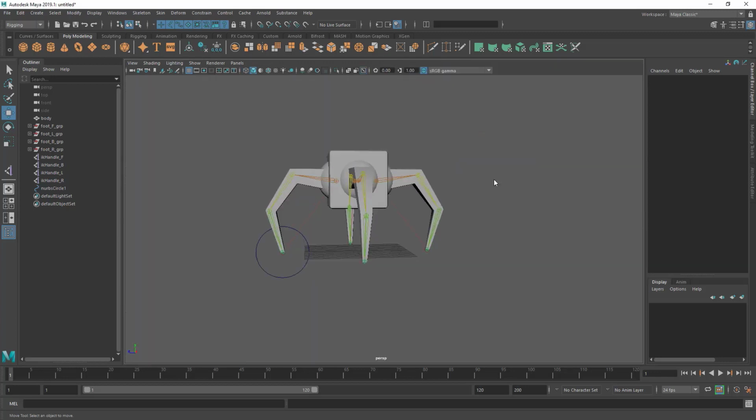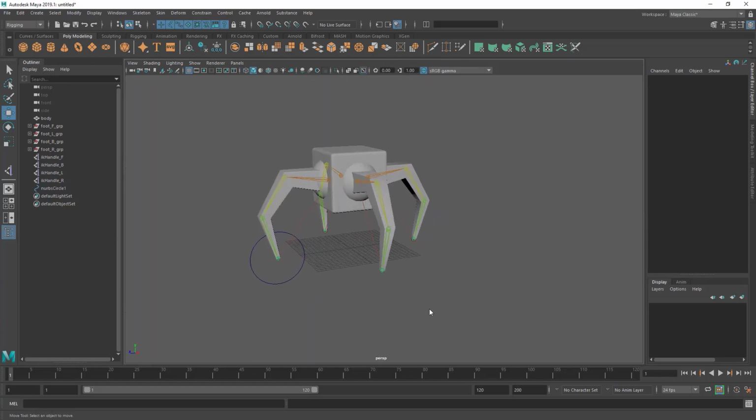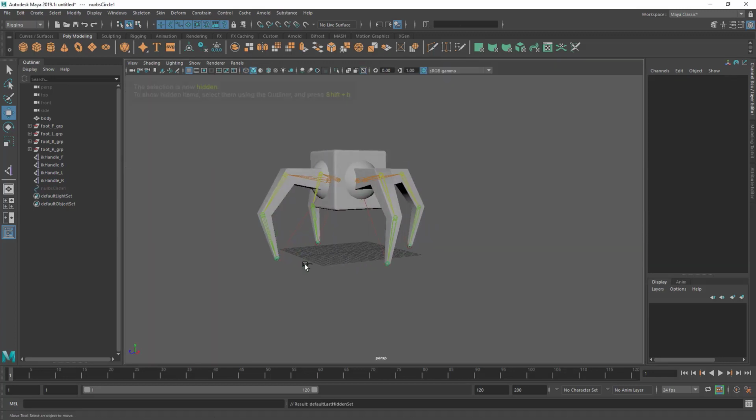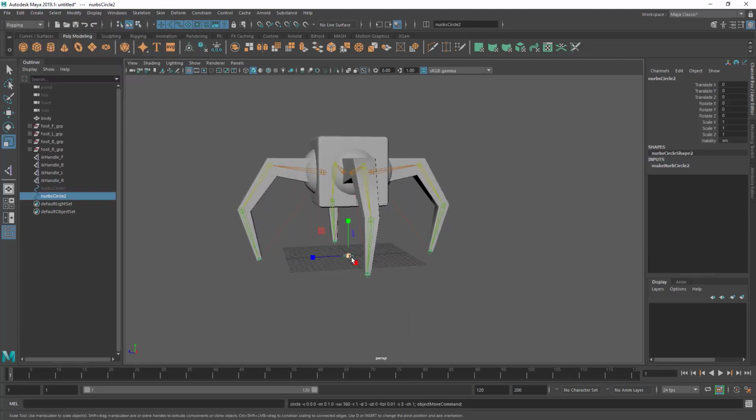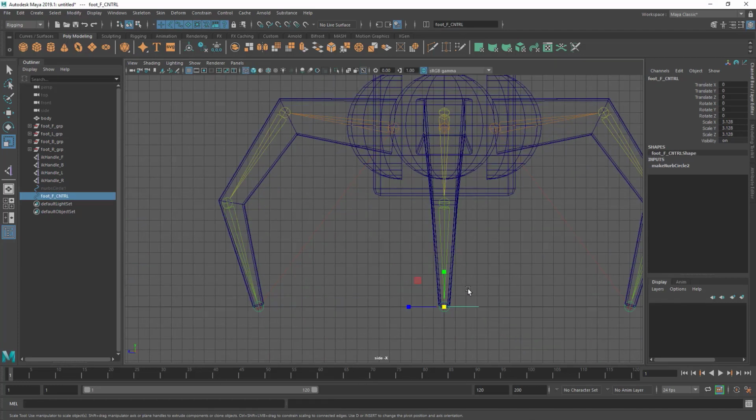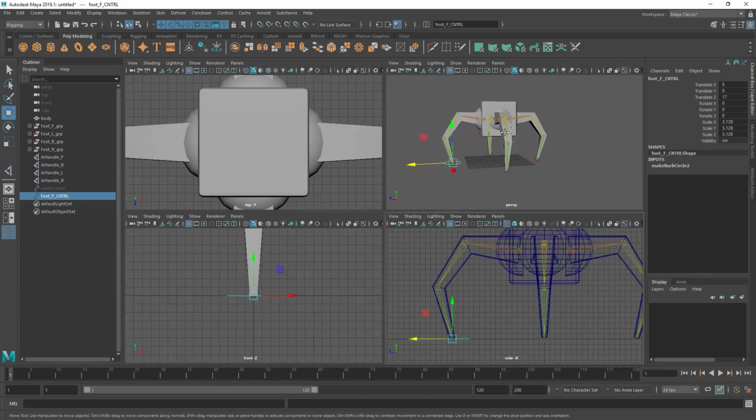Before creating a leg path constraint, let's create controllers for all rigs. Hide it. Create a circle, scale it, name it foot front control, position it at the same location as the IK handle. Okay,